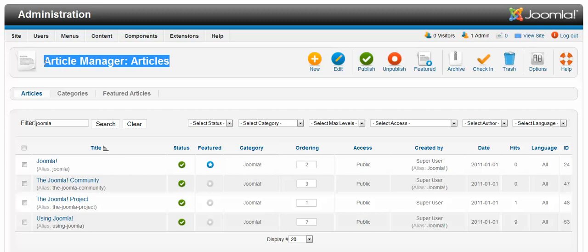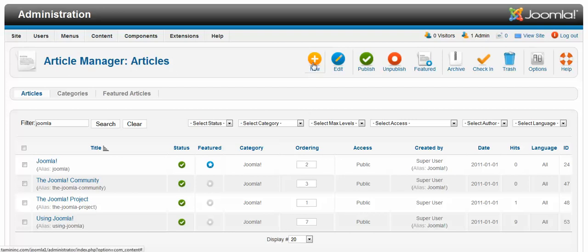because this is where you probably spend most of your time, is the article manager. This is where you add new content pages, you can add images and different things. But you have the new, you can create new articles, you can edit, publish, unpublish, feature, archive, check-in, trash, options, and help. These are all the tools that are available to you at your disposal that you can use. So there are a lot of great things on there that, regardless of your level of expertise, you can be able